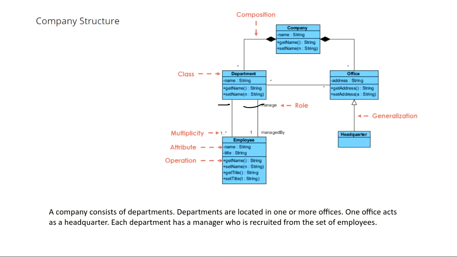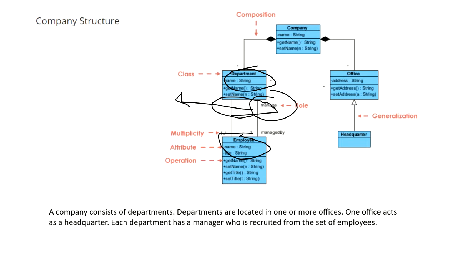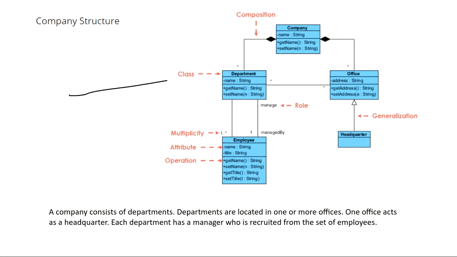So if you are reading from this side to this side, you will read employee manages department. That's it. There is no multiplicity written here, right? There is no one or comma or anything of that sort. You have to be very clear. Just keep this in mind: if the association link is like this only, and there is no multiplicity, it can be anything. We have seen with the writer example right now. It can be one to one, many to many, it can be anything. So if nothing is written here, you will just say that employee manages department, right?